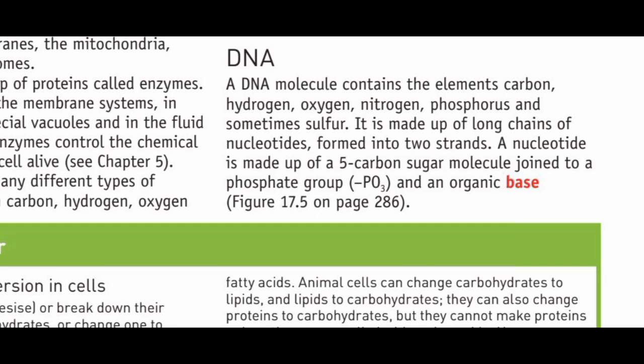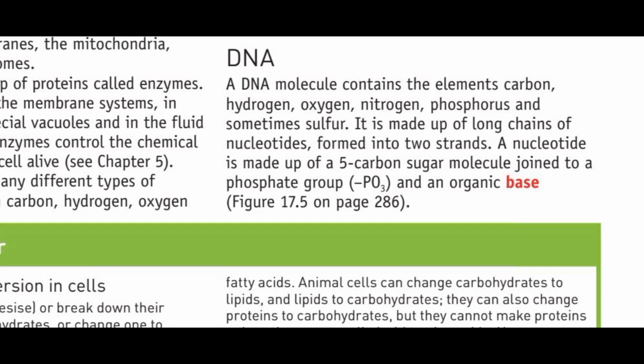Firstly, we'll discuss what DNA is. DNA stands for deoxyribonucleic acid. DNA is a very large and complex biological molecule found inside the nucleus of cell. It contains the genetic information that controls the characteristics of an organism. For example, DNA determines features such as eye color, hair color, height, and many inherited traits. Because of this, DNA plays a central role in inheritance.